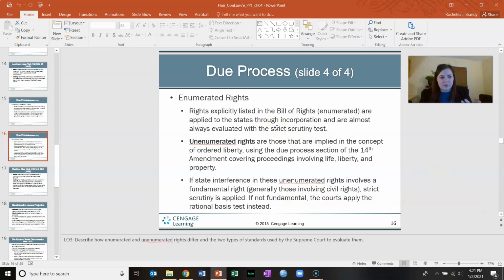When something violates strict scrutiny, it is almost always struck down. If it does not violate these important rights, the right to vote, the right to marriage, the right to these essential things, then the courts are much more likely to apply a rational basis test. And as we saw in that Nebbia case, the government will usually win under a rational basis analysis. Sex-based discrimination, based on gender, biological sex, is treated under intermediate scrutiny.